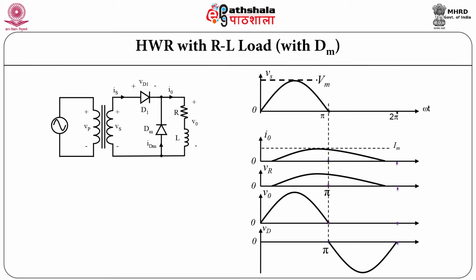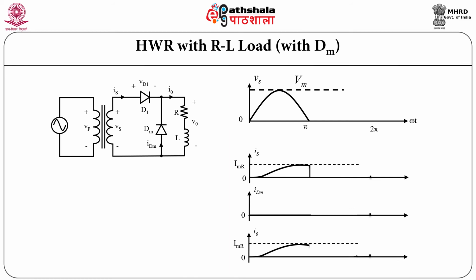So, therefore, this circuit is not used as it is. There is another problem with this circuit: when the diode turns off, because of the back EMF of the inductor, diode D1 may get damaged because the inductor voltage reverses during turn off. To avoid this type of problem, generally an additional diode is used, which is called a freewheeling diode.